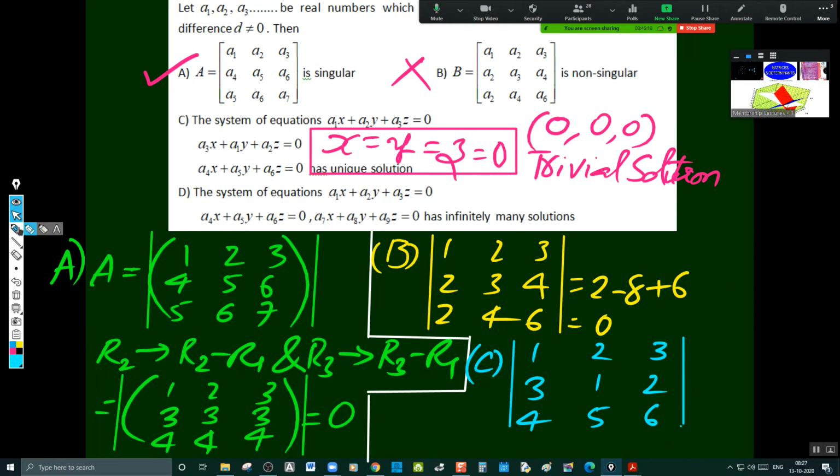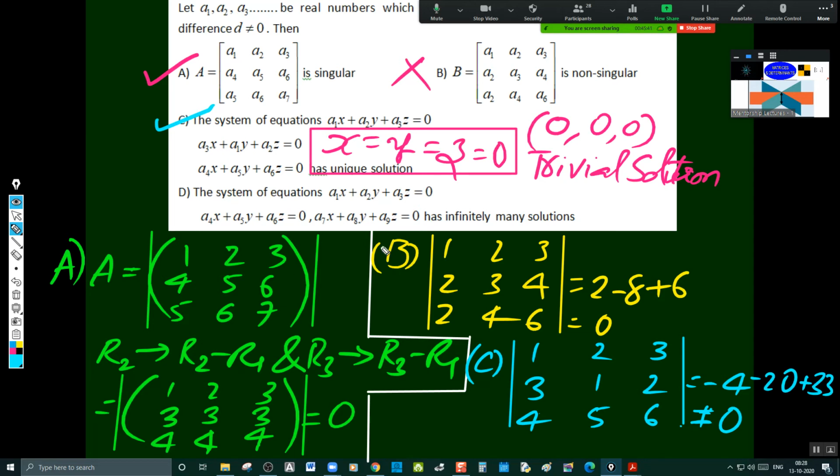I'm writing that directly instead of doing row and column operations. So you can straight away write that. 6 minus 10 minus 4, 8 minus 18, minus 10 into 2 minus 20, and it is 15 minus 4, 11 plus 33. Not equal to 0. Therefore, it has a unique solution. It has a unique solution is the correct answer. So B wrong, C right.